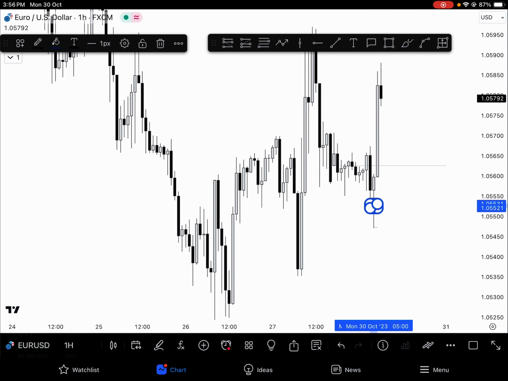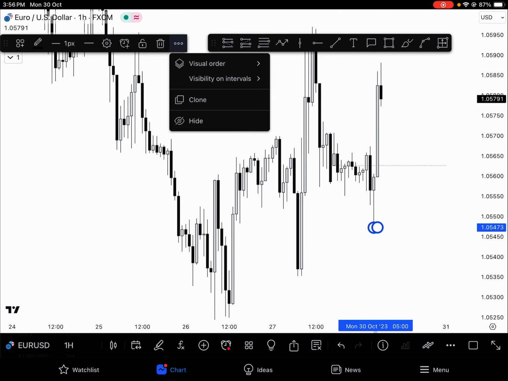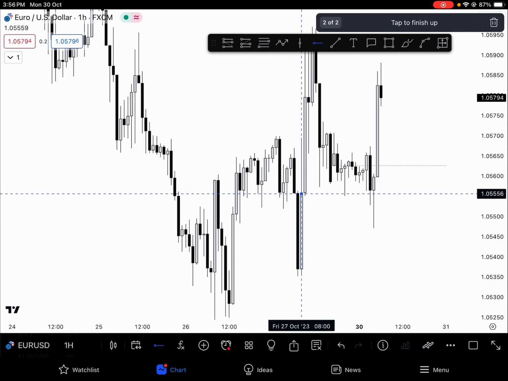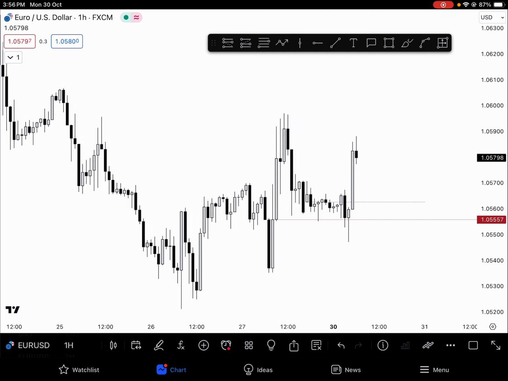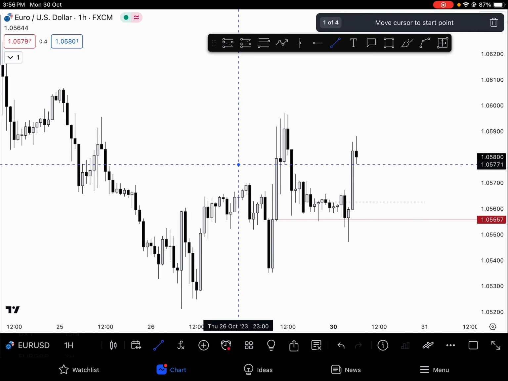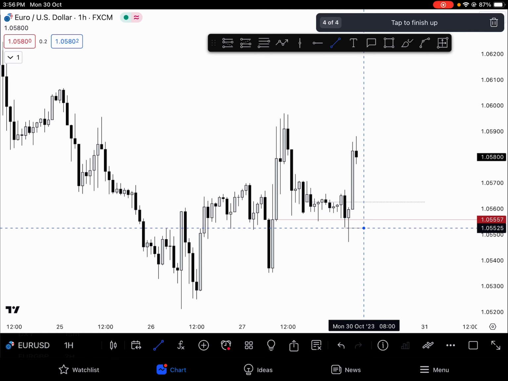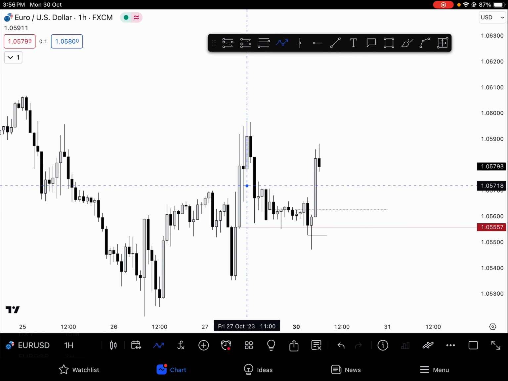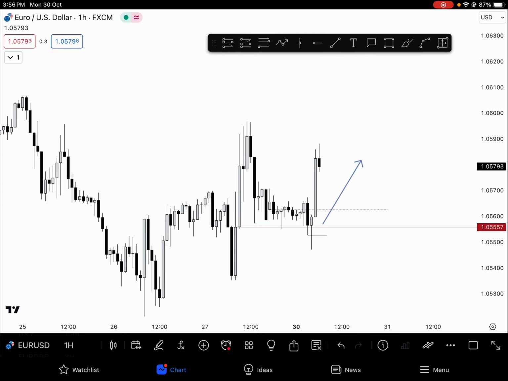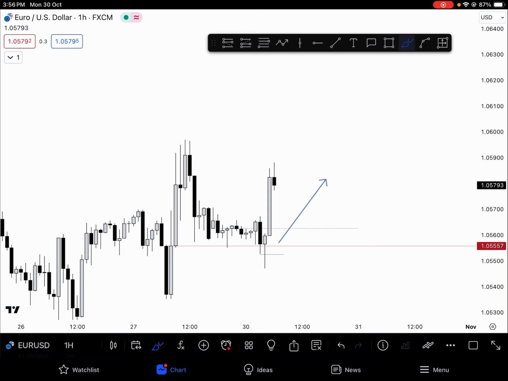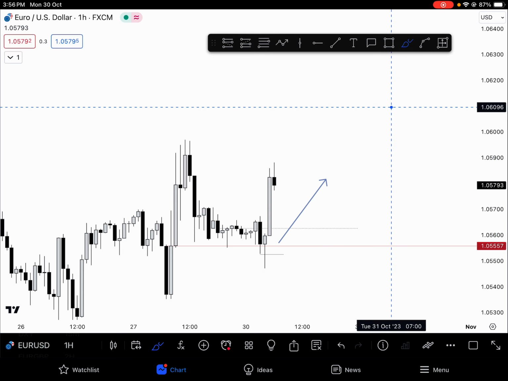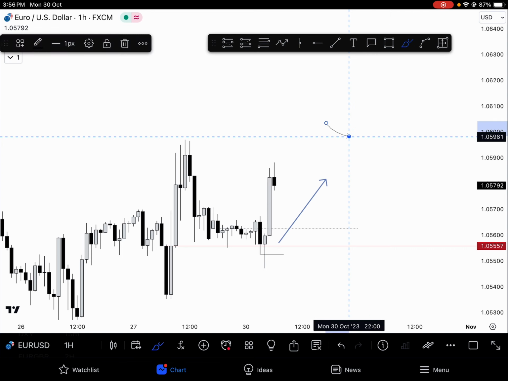Now here, did you see that price never closed inside the order block? That is a good sign. Price has gone deep, but it never closed. If it is not closing, if it is weakening, this is what we call weakening. If price is weakening, then we can expect some retracement or reversal. And if it is closing, then we can expect some continuation of the trade.